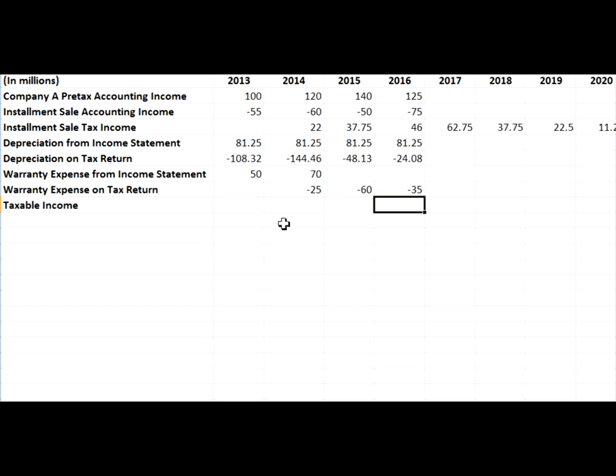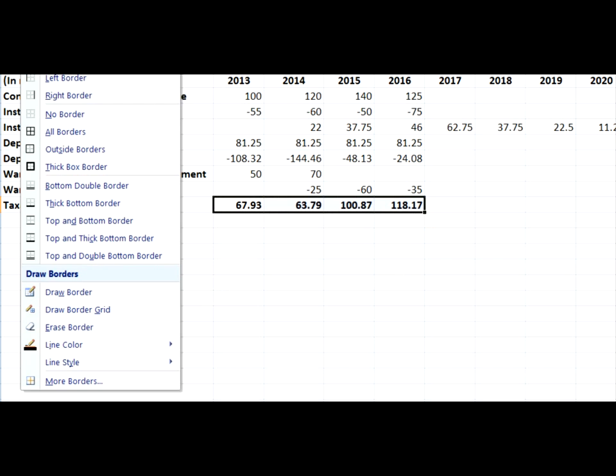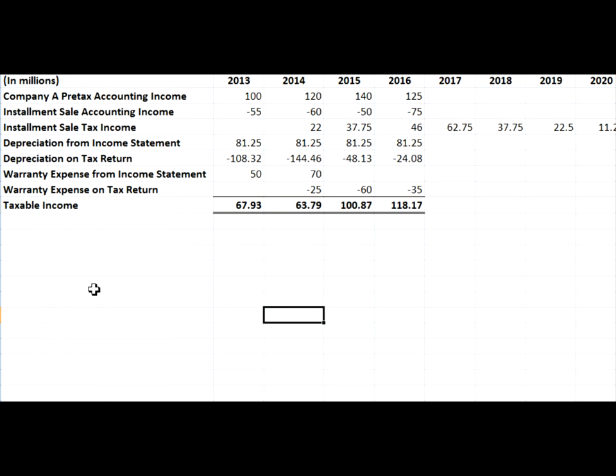Okay, so what we can do now is actually just formalize our taxable income. And we only have to do 4 years. Okay, so there you go. There's taxable income. Simple as that. So what we have to do now is to determine what our journal entries are going to be